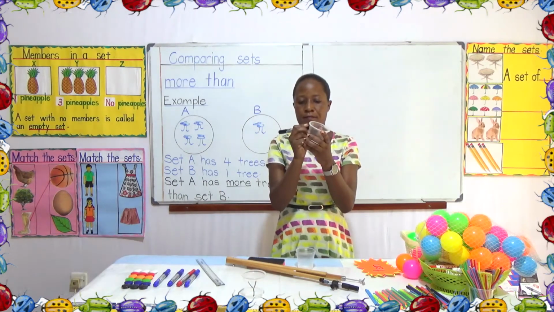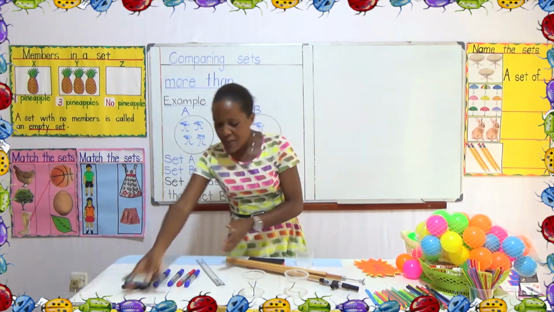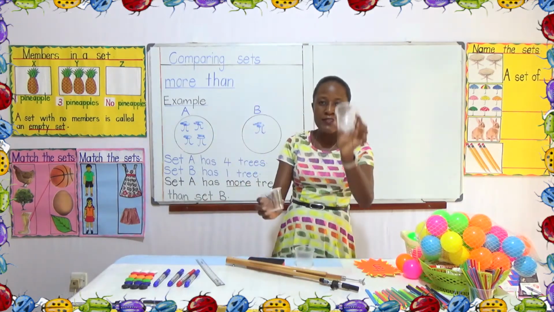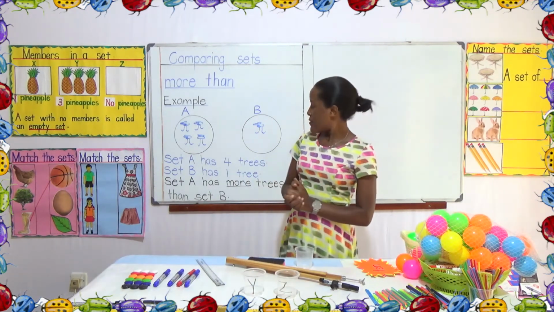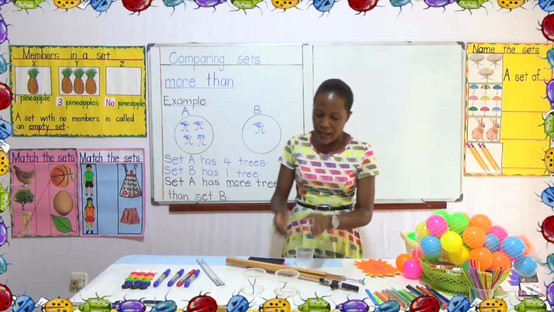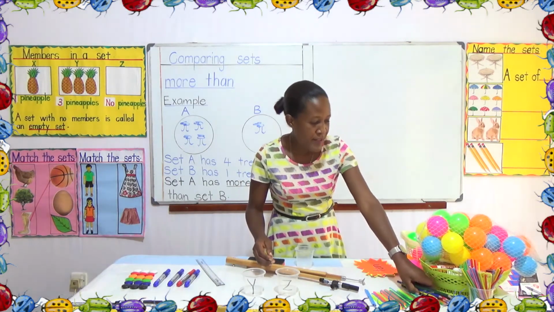I have given them names Y and Z. If we are looking at 2 sets Y and Z, and this one has